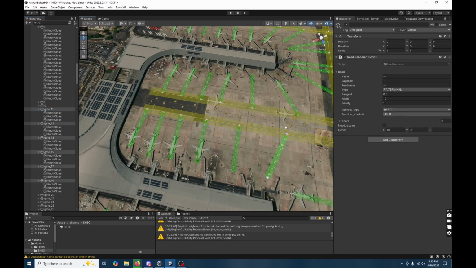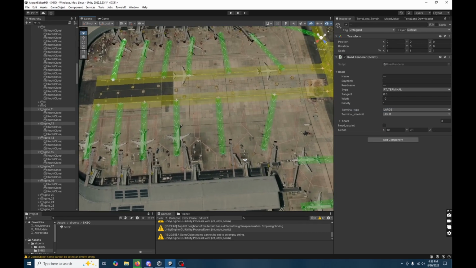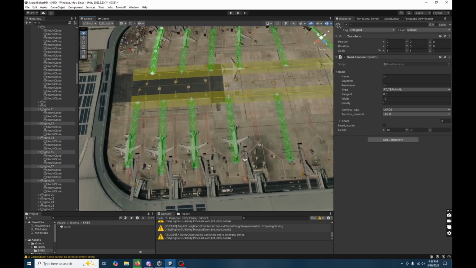Okay, here we go. So just selecting all of these to show you. If I want to add jetways in, we go to terminal type. Don't pick small, pick medium or large. For most airports, large is better. It creates these long taxiways that better fits. Now here, some of these are heavy gates and some of these are narrows, so the way you set that,